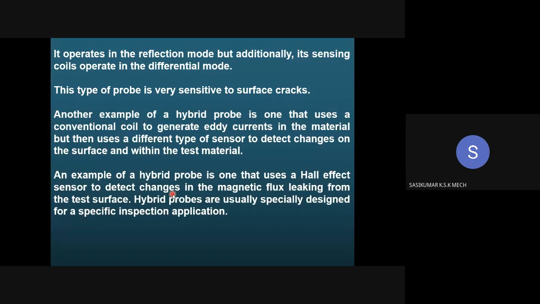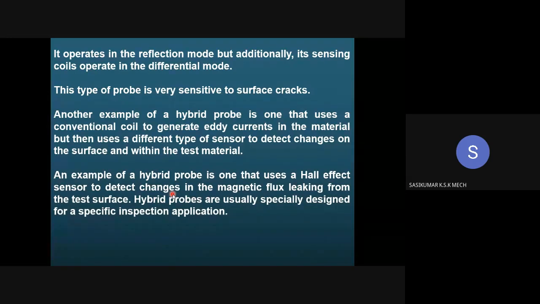This type of probe is very sensitive to surface cracks. One example of this hybrid probe uses a conventional coil to generate eddy currents in the material, but then uses a differential type of sensor to detect changes on the surface and within the test material.